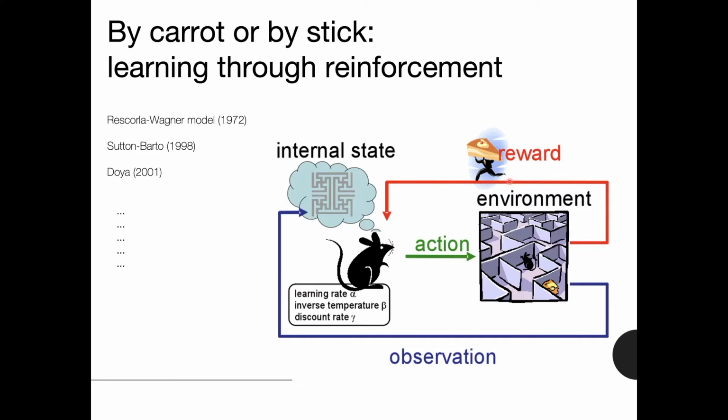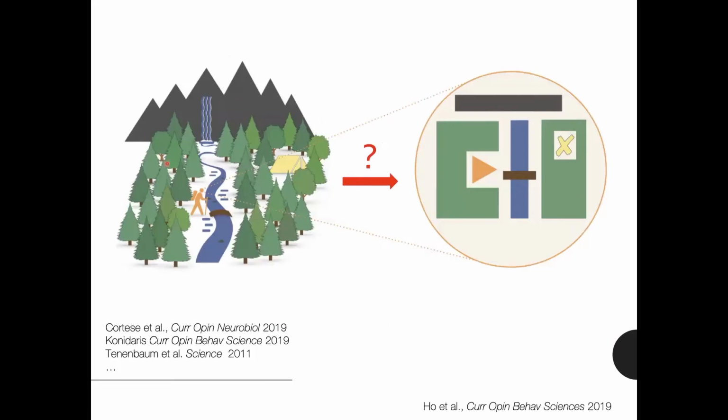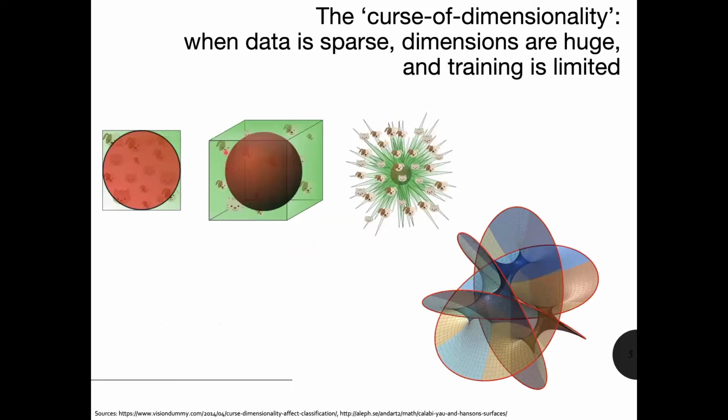But going back to the initial example, the number of states that one can sample from this kind of environment is enormous, way too high. And a second aspect is that you might want to focus only on some part of this space, depending on your goals. So the brain, or any kind of learning agent, will have a very hard time if it really has to operate on this very high dimensional space.